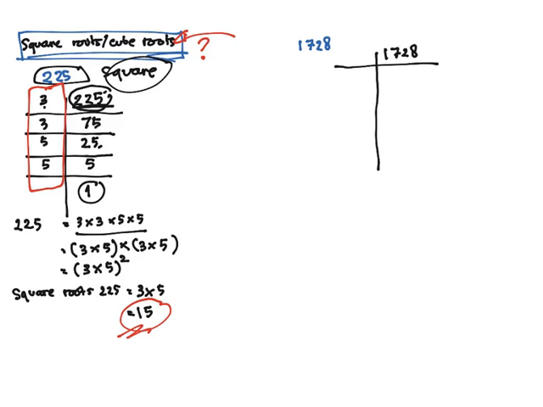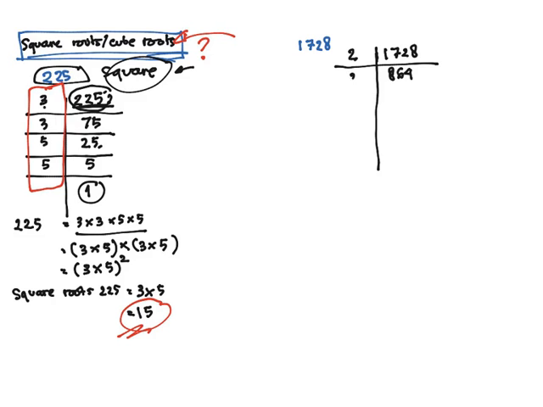So when we are looking for the cube root here, we start dividing the number using the smallest prime numbers. So we try that 2 in this number. Because this one can be divided by 2, we divide it by 2. Then we get the answer